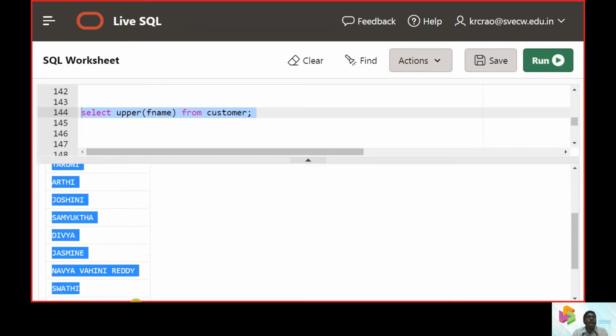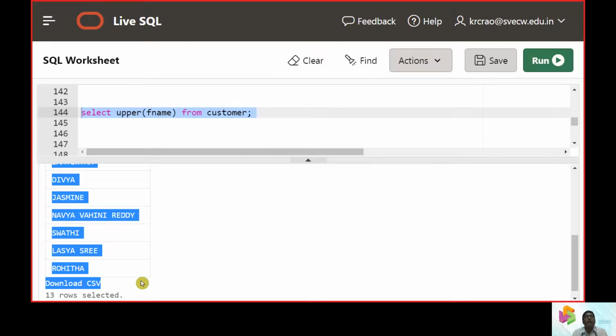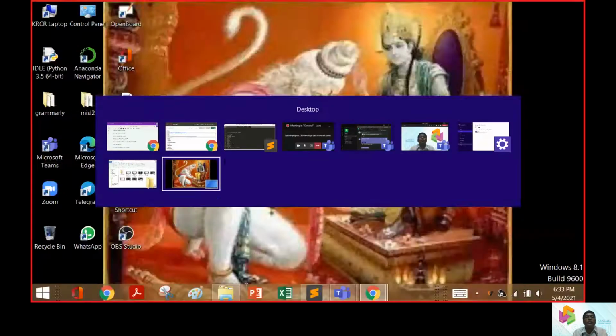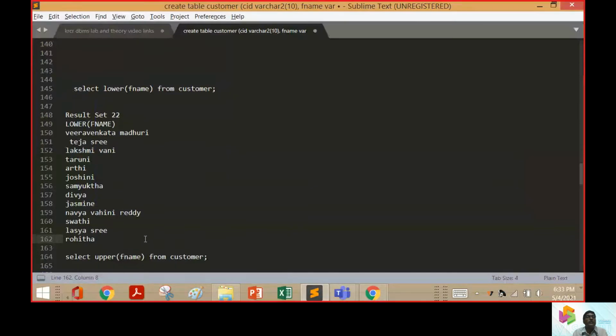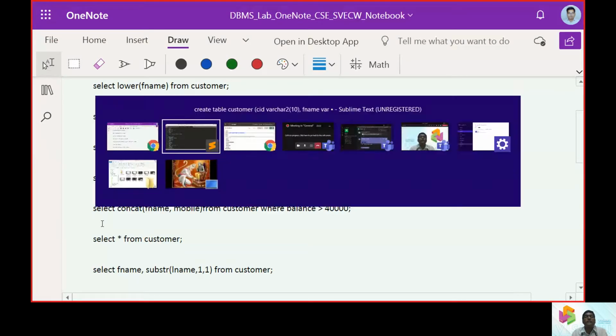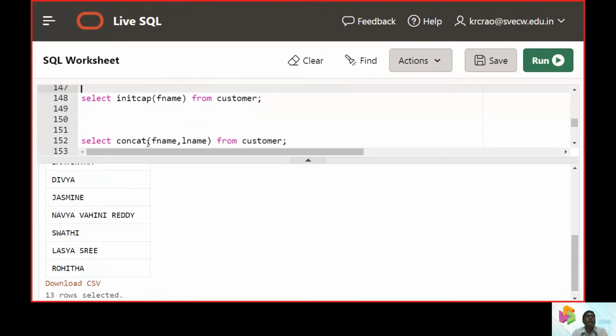So that's where we will look up how to work with the strings, and how we can get the answers as per the requirement. Then comes the SQL model. Another one was, I just want J as an uppercase, rest of the things should be in lowercase. Swati, yes, S should be uppercase, WATHI should be in the lowercase.